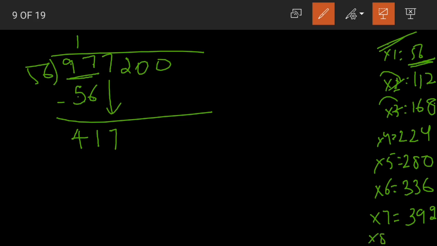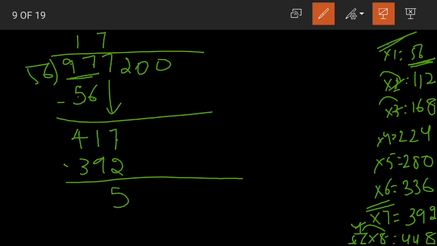Now let us write 56 8s and also check. 6 8s are 48, 8 here, 4 carried, 8 5s are 40, 40 plus 4, 44. So what should we go with? We should go with 56 7s are 392. Now when we subtract, 7 minus 2 is 5, 1 minus 9 is not possible, so we'll borrow. 11 minus 9 is 2, 3 minus 3 is 0. Yes. Now bringing another number down, that is 2.